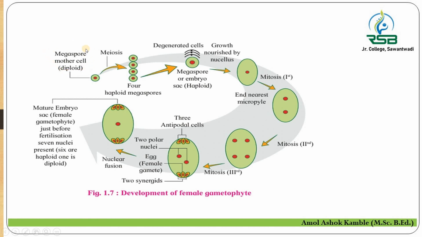And this diploid megaspore mother cell undergoes meiosis and forms the 4 haploid linear tetrad of megaspore. Tetrad 1, 2, 3, 4. So the linear tetrad of haploid megaspores forms as a result of meiosis of the diploid megaspore mother cell. आता या ठिकाणी आपल्याला हे जे काही 4